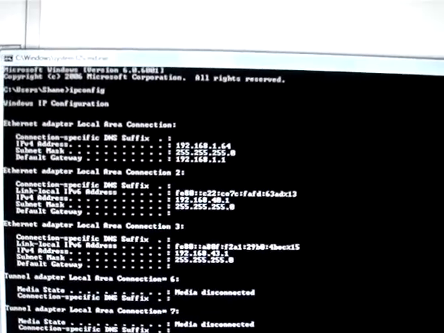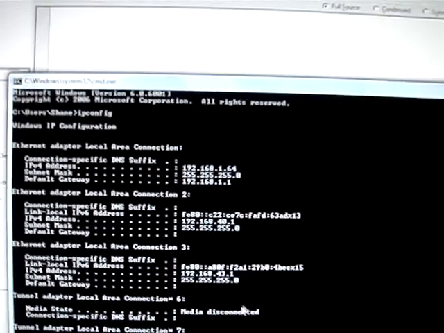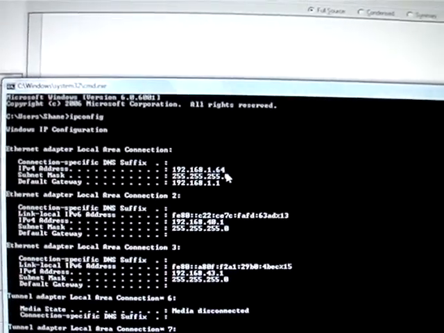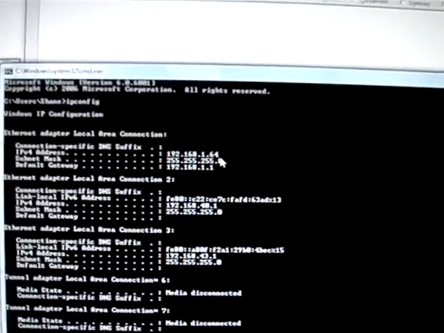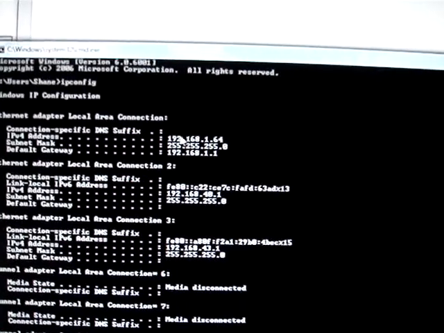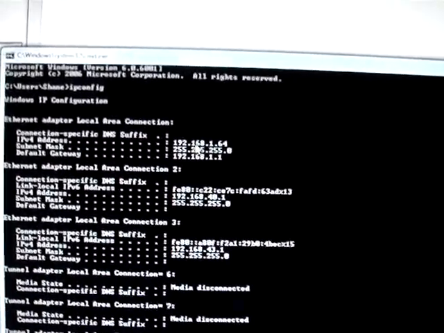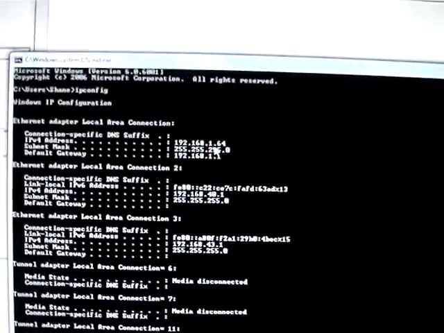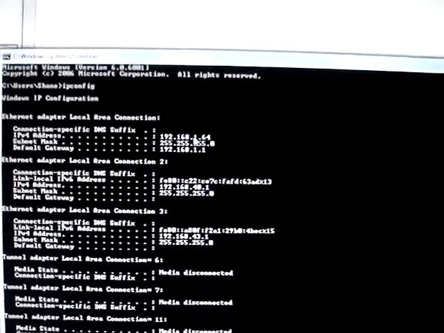Now, on my computer you can see right there that I have 192.168.1.64, and that's what my router has assigned me as an IP address. The important thing here are the first three numbers, 192.168.1. That's my subnet. Now, different routers might have something different. You might have